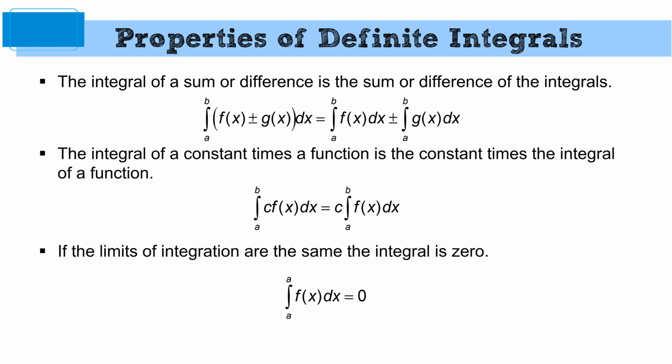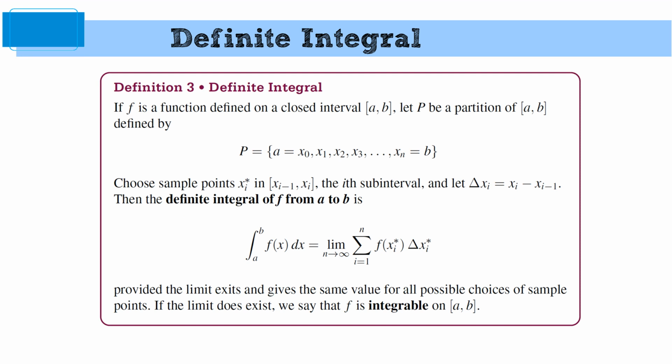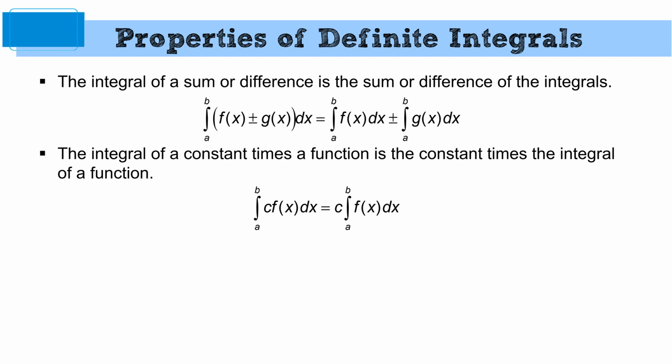Yes, Lynn? On the first one, it says B on the top and A on the bottom for some of them, but it's the other way around for other ones, and I don't really know what that means. No, A is always on, well, I shouldn't say always. Most of the time A is on the bottom. We'll talk about in a second when it's not on the bottom. In other words, A is always the number to the left,